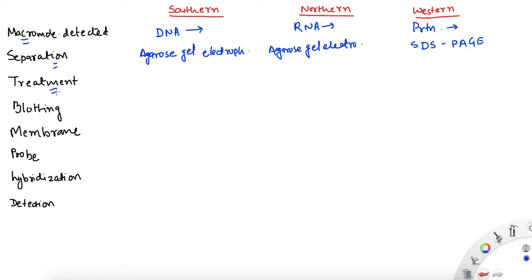Now, treatment. Do you remember that all three samples were treated in some way because of certain specific characteristics? For example, when it was DNA, southern blotting, because DNA is double stranded, we need to break the hydrogen bonds and have it in a linear form so that we can separate it and later use it for hybridization for detection. We needed to break down the hydrogen bonds between the two strands, right? So that time we used mild alkali treatment, that was NaOH.